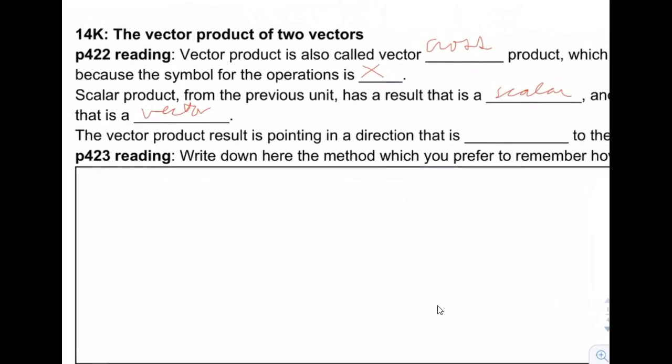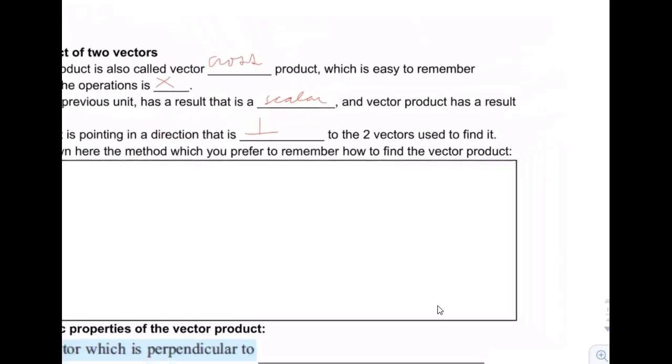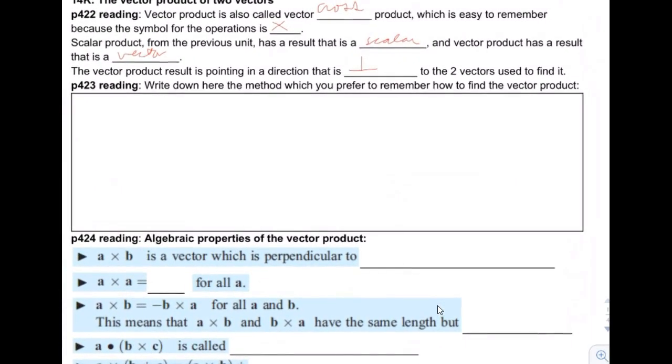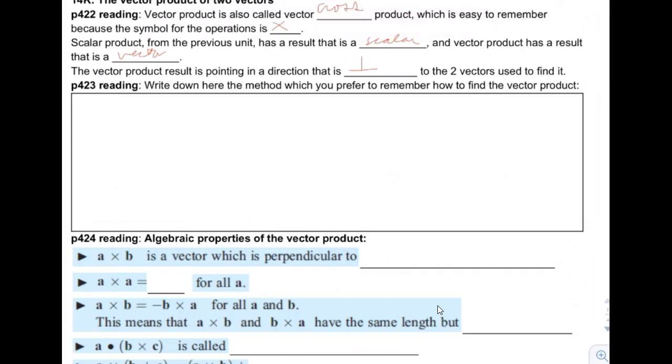The vector product result is pointing in a direction that is perpendicular to the two vectors used to find it. So if you multiply two vectors together in a vector product, then you would end up with a third vector which happens to be pointing perpendicular to both of the vectors used to find it. And then here in this box, you're going to write down one of the methods used to find the vector product, and that might be